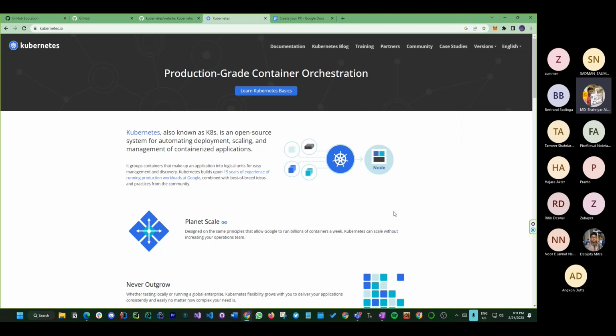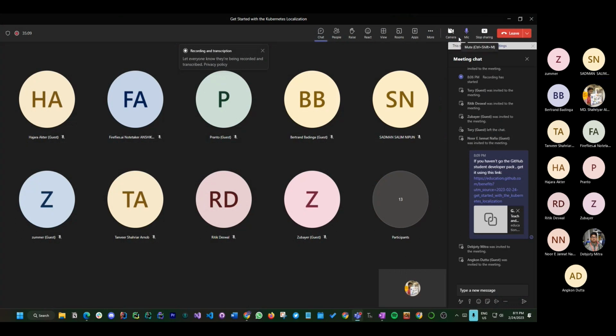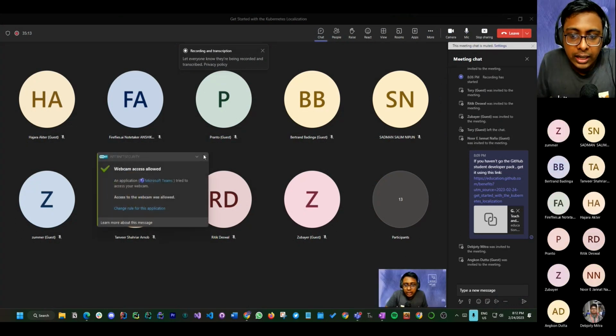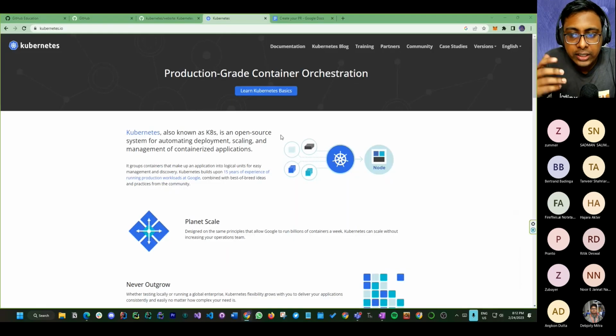You might have heard about a role, right? That role is the DevOps role. For that DevOps role, you have to know this orchestration management system, and Kubernetes is one of those and it is very famous.